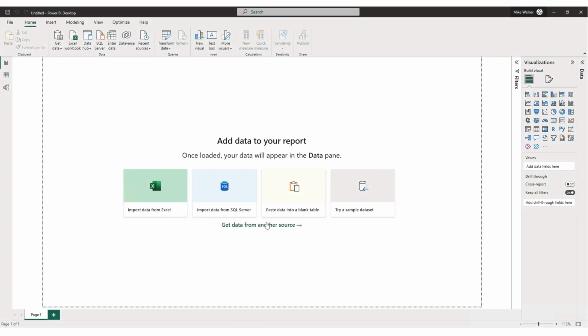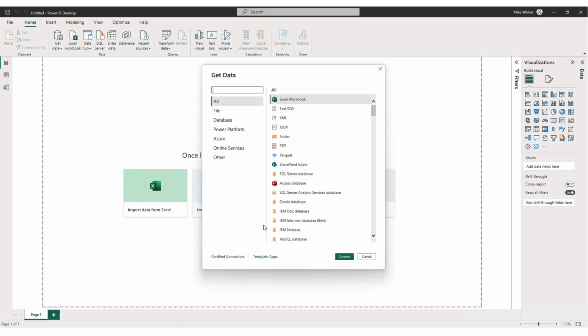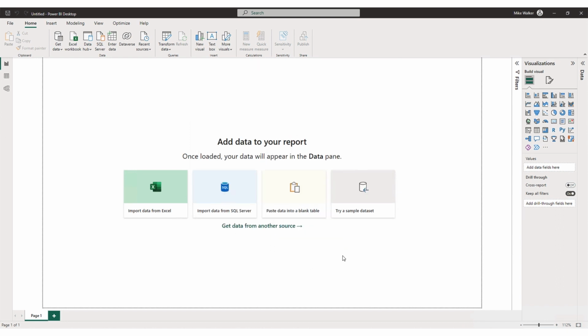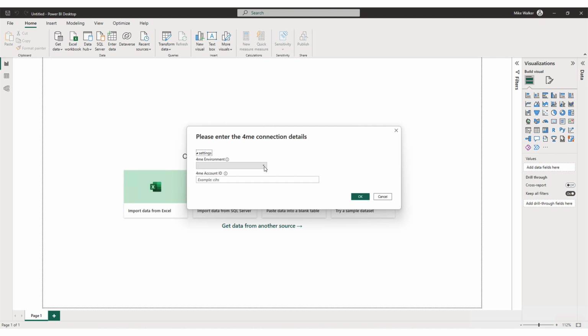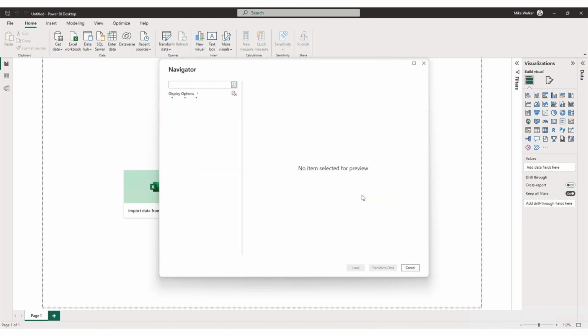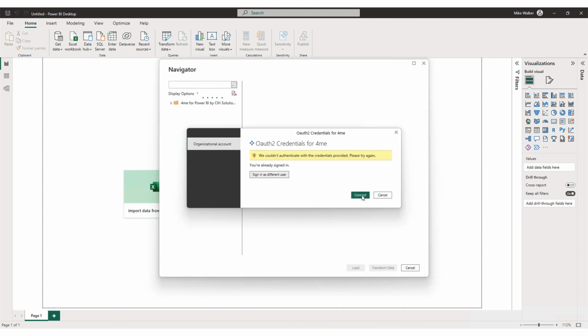Okay, so I've opened Power BI and I'm going to select our connector. As you can see, I'm prompted to select the ForMe environment that I want to report on. I can click through and I am required to authenticate against that. This ensures users of our connector only have access to the data they're authorized to see. And we're actually using Azure single sign-on in our QA instance. And my browser's already authenticated against that, so it's going to skip me straight through without needing to re-enter a